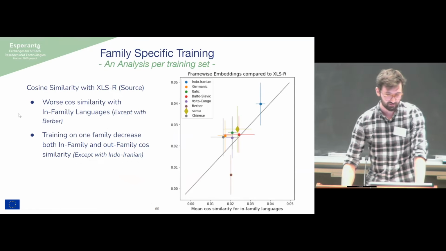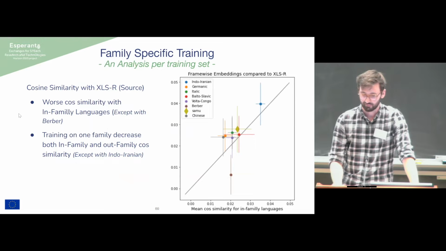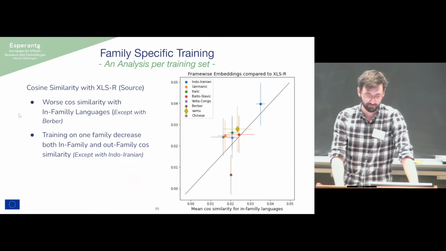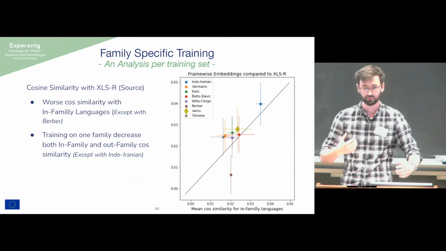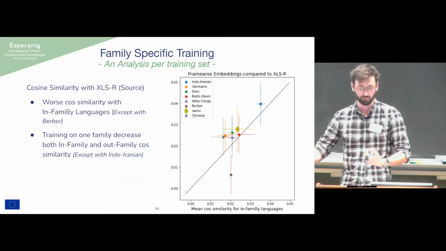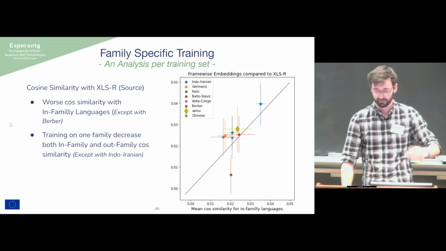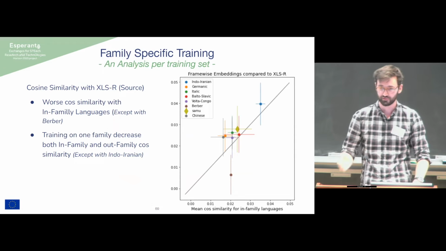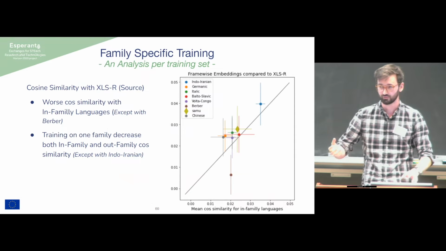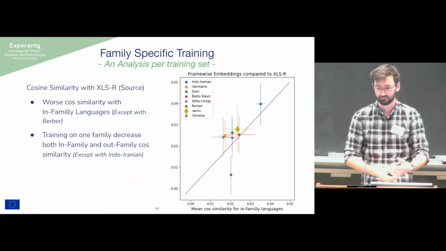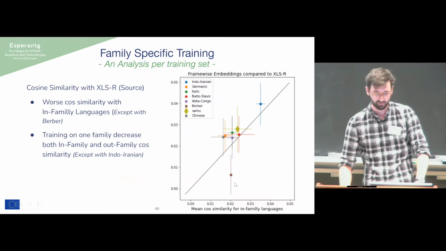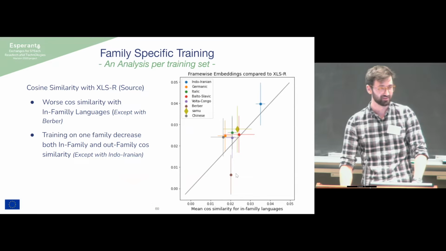And then we did the same thing with the XLSR graph. So here we compare to XLSR. The more it's trained, the further it's supposed to get away from XLSR. So here, almost all the points are over the line, so it's getting further from in-family language than from out-family. Again, it makes sense, except for the Berber one, that's an outlier here. That's also maybe an explanation of the performance of the model.